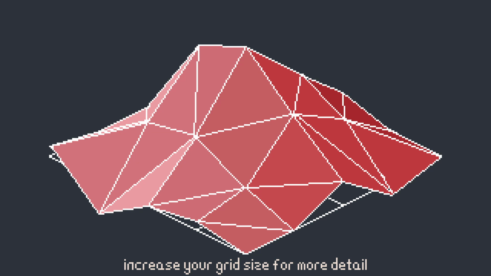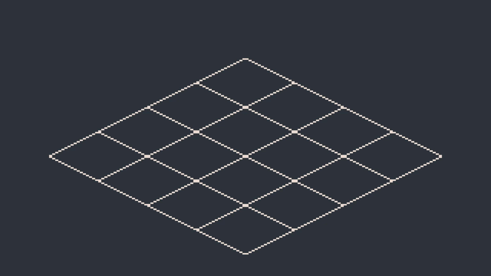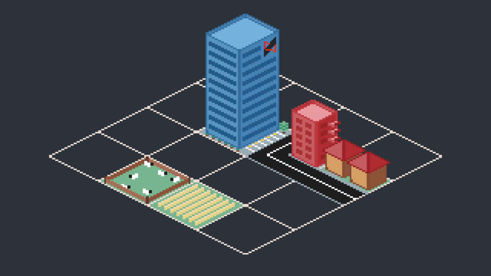Or maybe you could treat this as a population density map to generate a city, spawning different types of buildings depending on the density of the tile they're on. There's so much more you can do